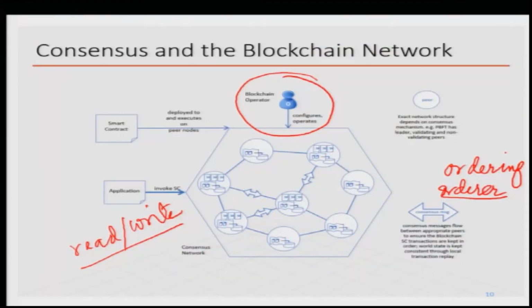Why is there a blockchain operator? Because it is a private permissioned blockchain. So, let us say I am State Bank of India and I am keeping all my transaction reports in this blockchain. Therefore, the State Bank of India's IT department or somebody will set up the blockchain, set up the chaincodes, set up the applications, and then the clients, that means you and I, when we actually do an internet transaction,